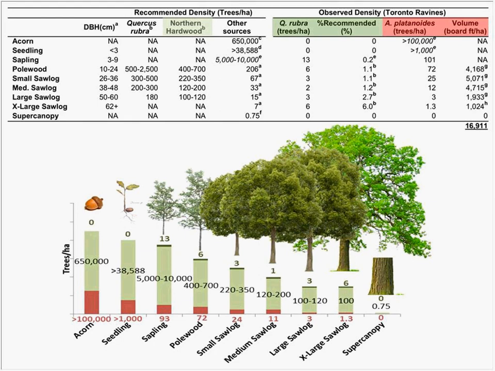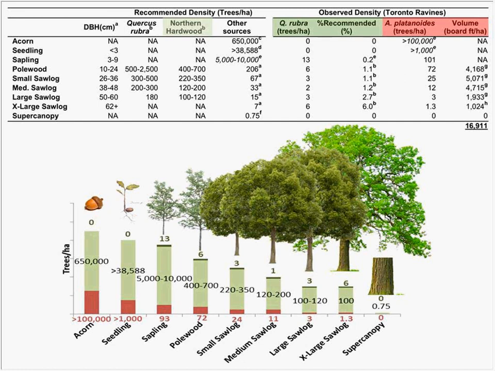Oak forest is designed for forests that have 50% or greater oak, which the ravines do in many areas. The hardwoods is set for forests that have greater than 25% sugar maple. None of them are perfect. They're here to serve as a reference point of what is recommended. Okay, and the red maple and the dark green on the top is the number that we